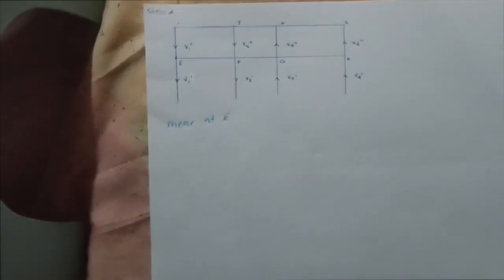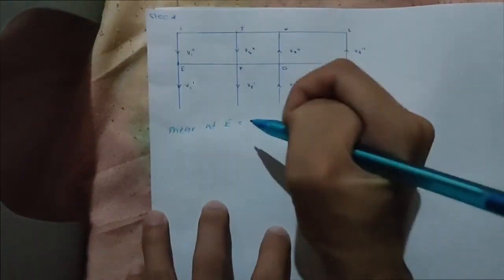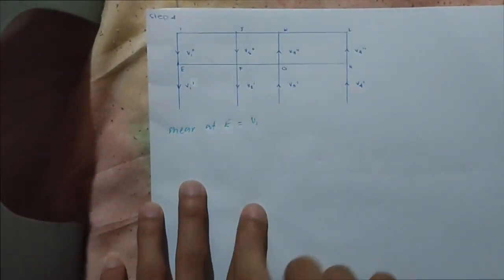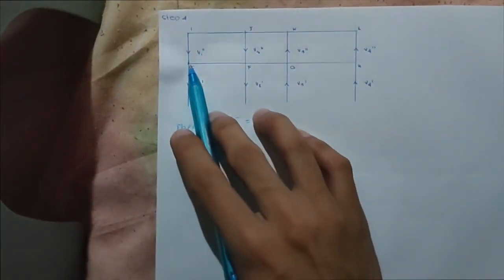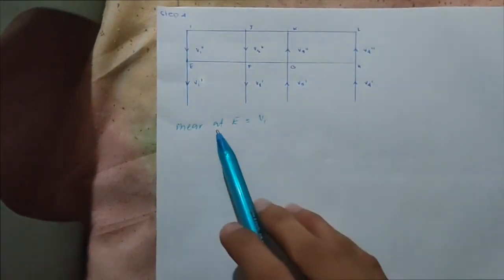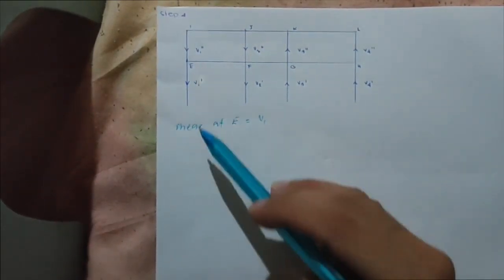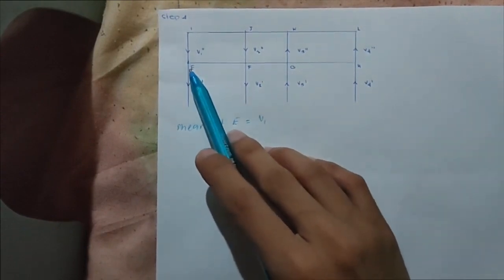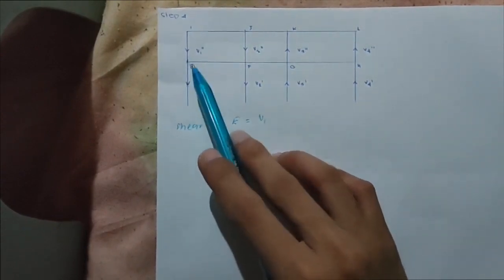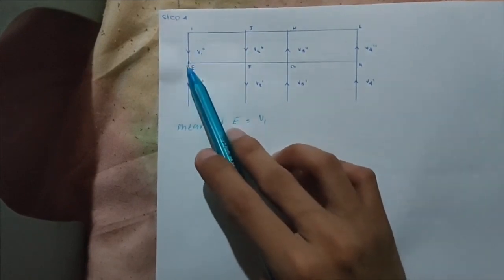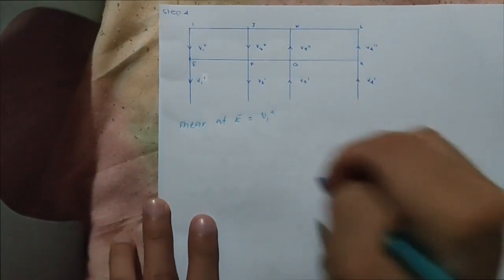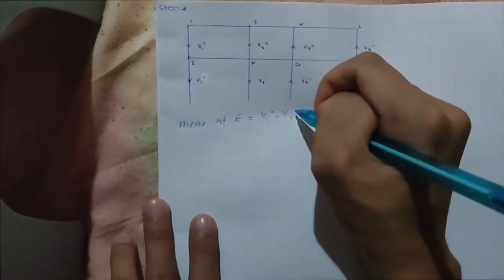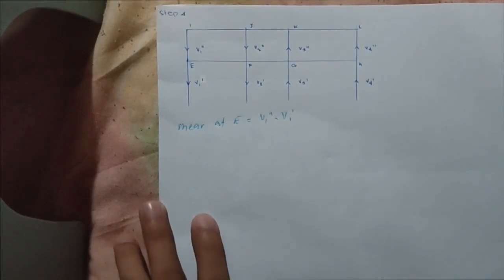Sorry, here at E, which is equal to V1. Recall the result we got earlier for the base shear at E. Anything pointing away from E is negative, and anything pointing towards E is positive. Since V1 second floor is positive, and V1 first floor is going away from the point, it is minus V1 first floor. So by inputting